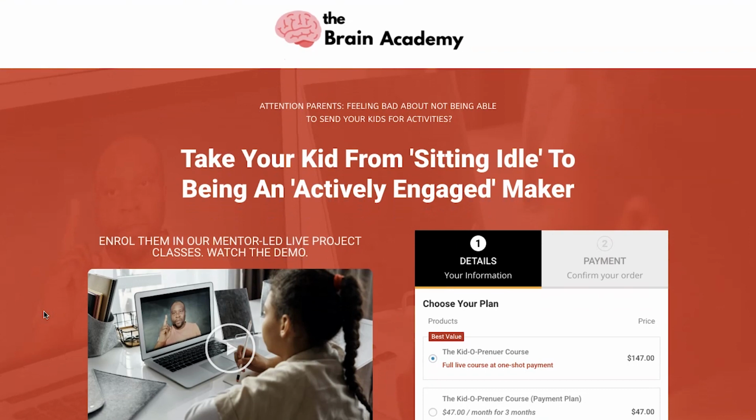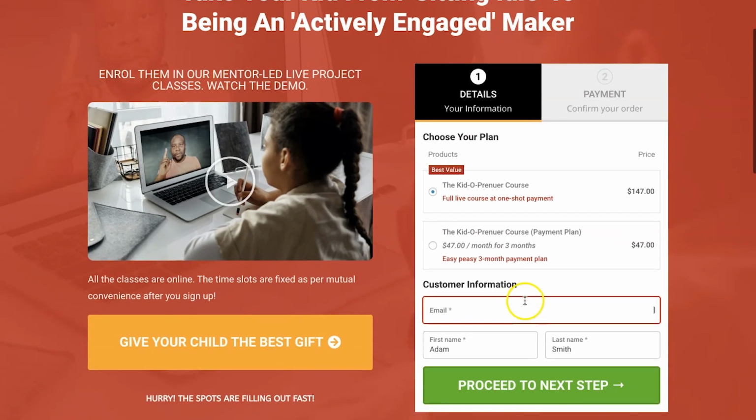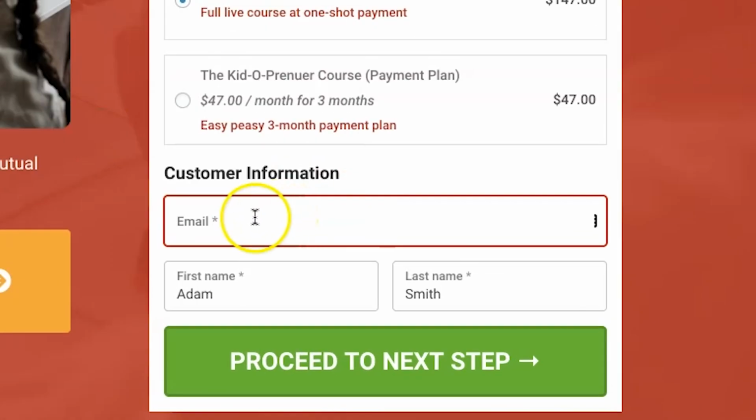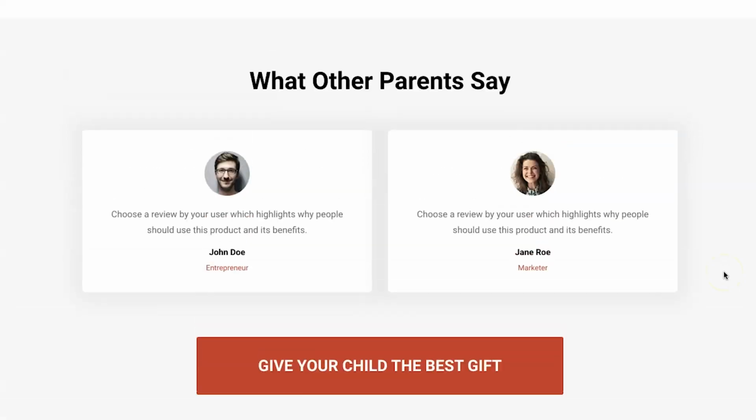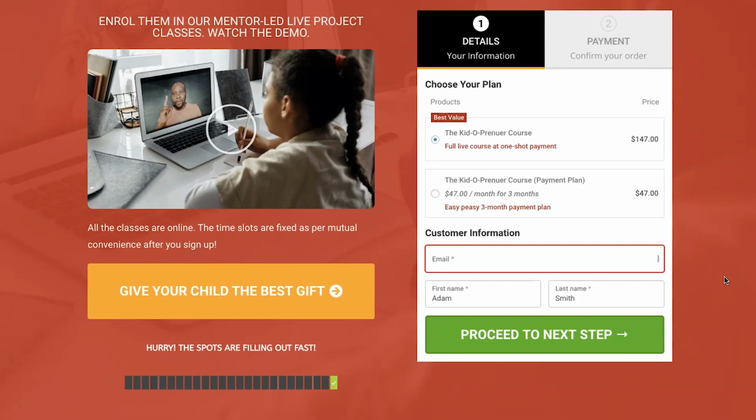Moving over to the last leg of this video, I'm going to show you how when someone leaves their email here, you can reach out to them even if they do not click on any of the buttons of this one-page checkout. Yes, so this will definitely skyrocket your cart recovery rates because you will be able to live capture carts. And guess what? This is not even the best part.